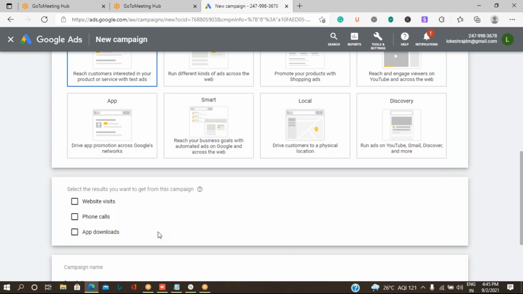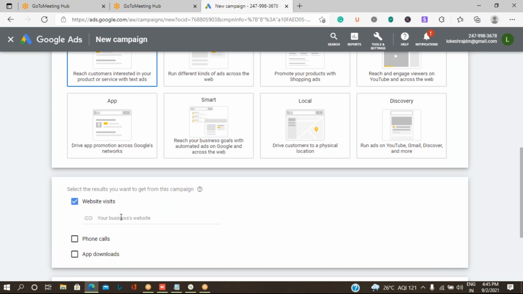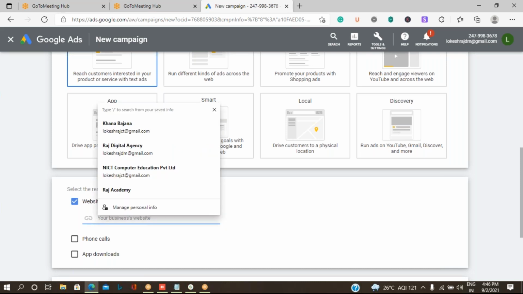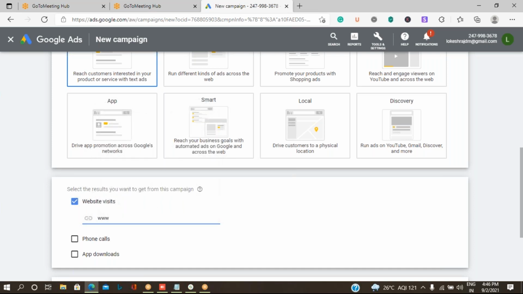Here, when we click on search ad, it is going to ask whether you want to reach your audience to your website. Do you want more website visitors? Then you can tick the first option and provide your business website address. Let me give my website address as an example.